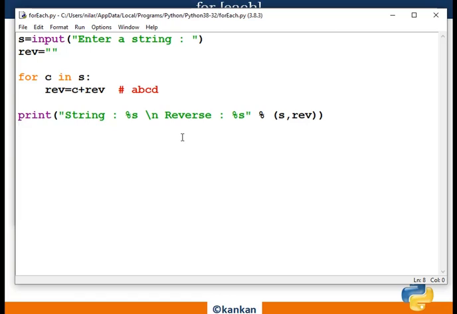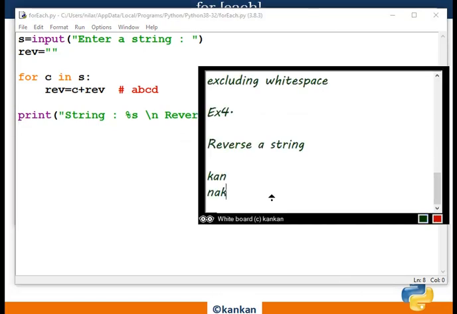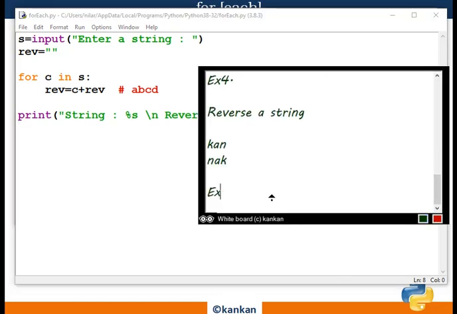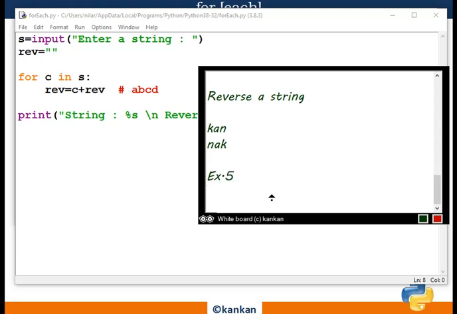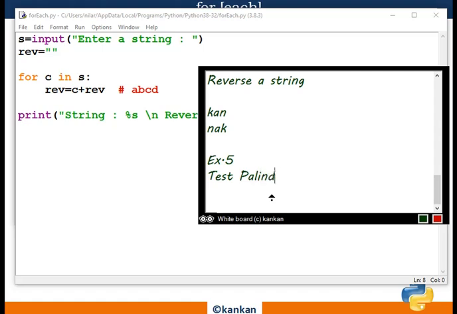Now this will be our last example in this session. This is example number 5. You need to test whether a string is palindrome or not.